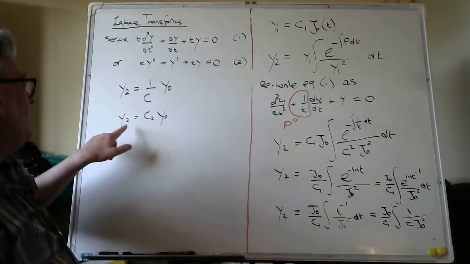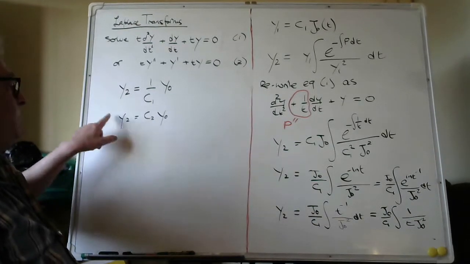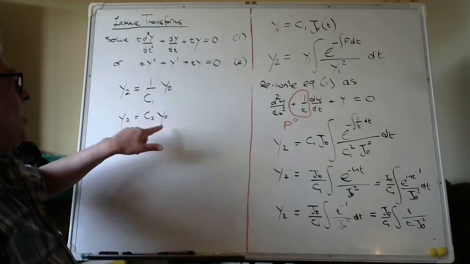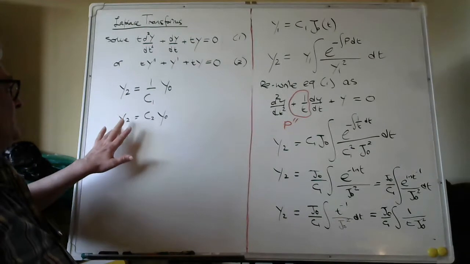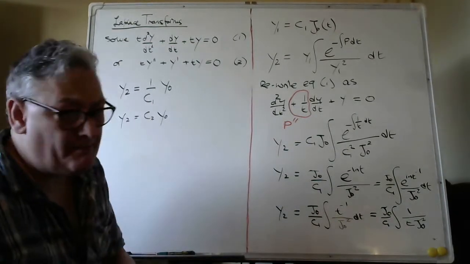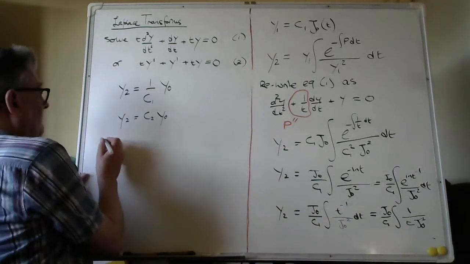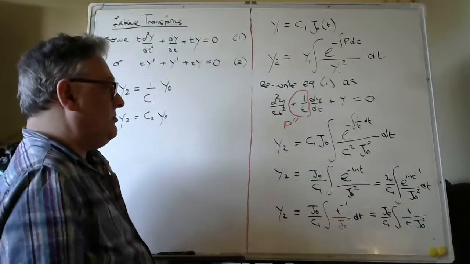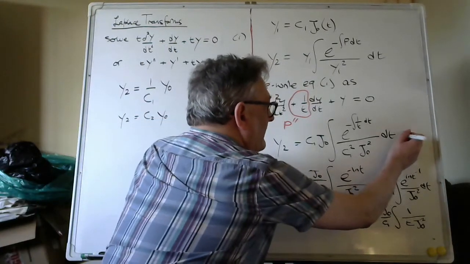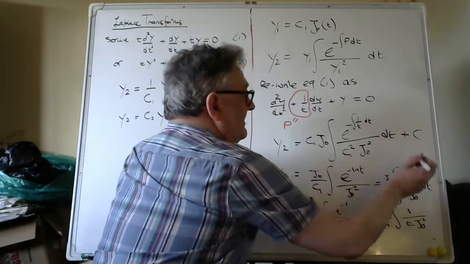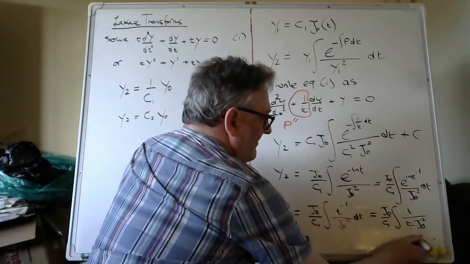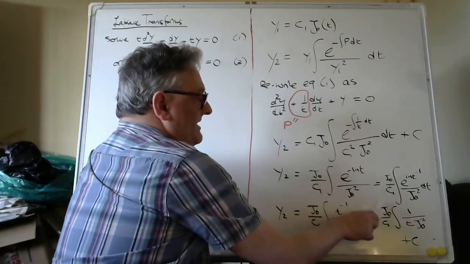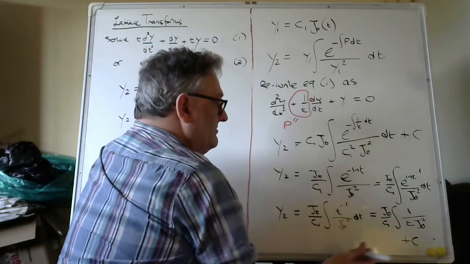This y naught is not the same as that y. They're completely different. That is just the representation of a Bessel function, that y sub 0. It just happens to look like this one here. So many apologies. So for the general solution, again, what have I done? I've forgotten to include a constant of integration there. So that should have a constant of integration there. So if you multiply everything outside the integral sign by everything inside it, including the c,